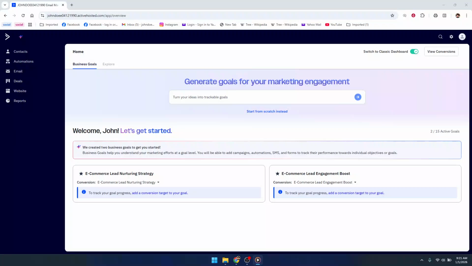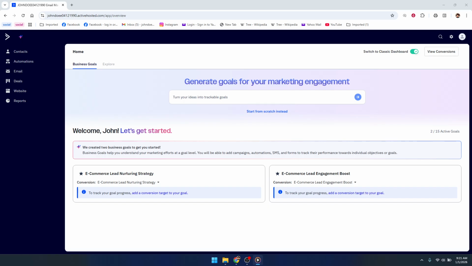In today's video, I'm going to teach you how to deliver a lead magnet with ActiveCampaign. We're going to walk through a simple but powerful setup that makes sure anyone who fills out your form instantly gets access to your lead magnet, such as a PDF, a checklist, or a video. By the end, your form will automatically send people straight to the download link without you needing to follow up